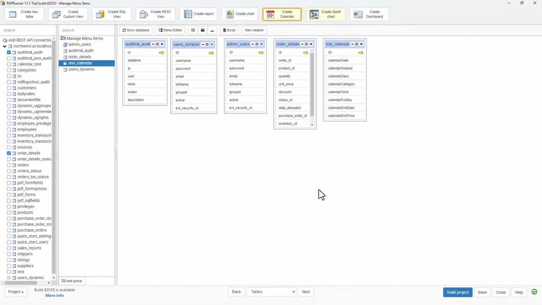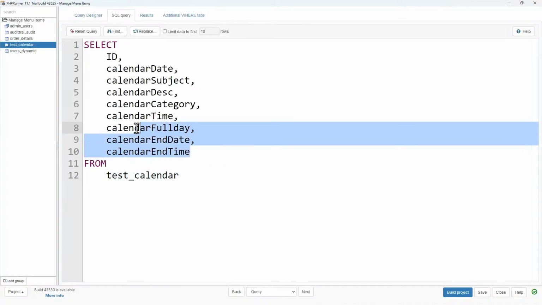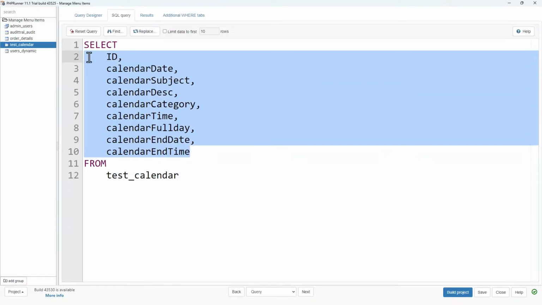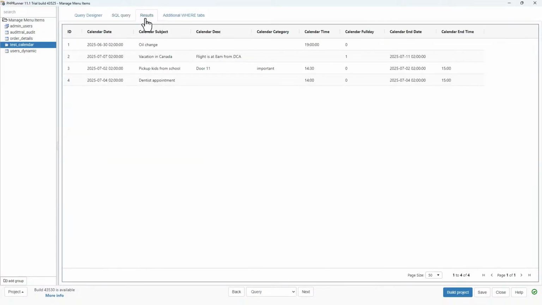Okay, here we have a new table. The only reason I've done that was so we can learn what fields are actually necessary for this functionality. So whenever you need to create your own data for a calendar, these are the fields that you would need.